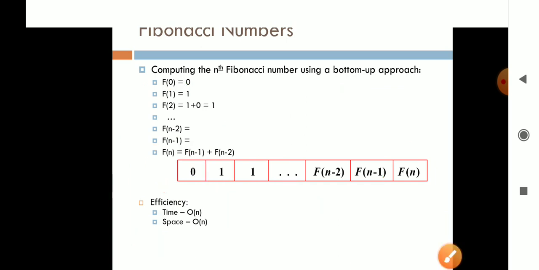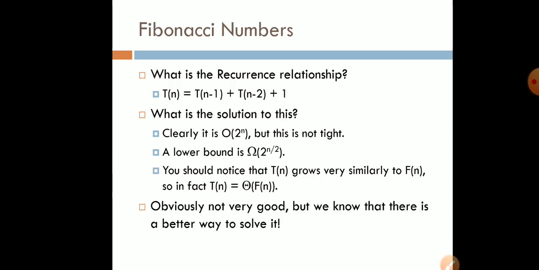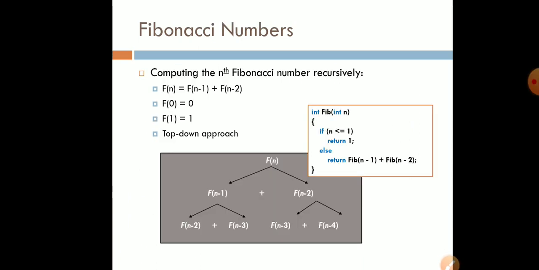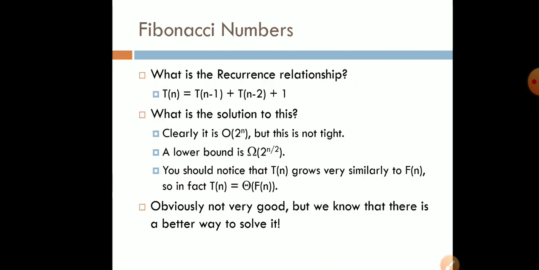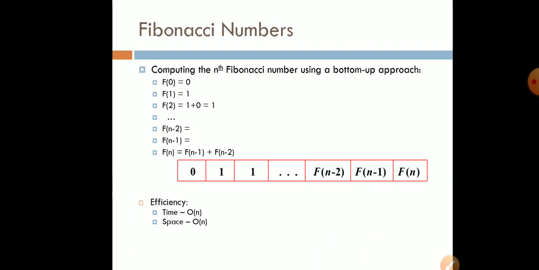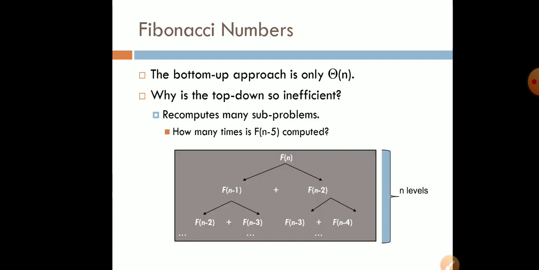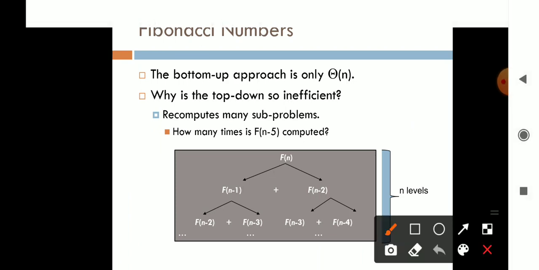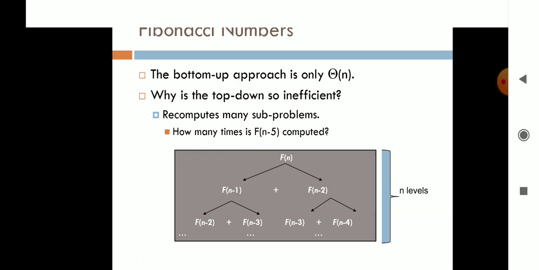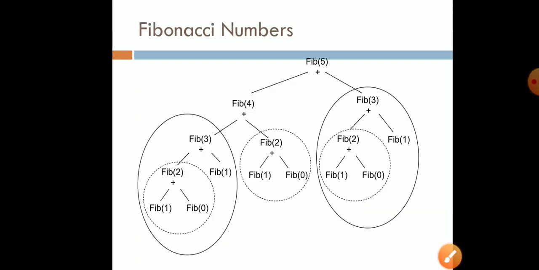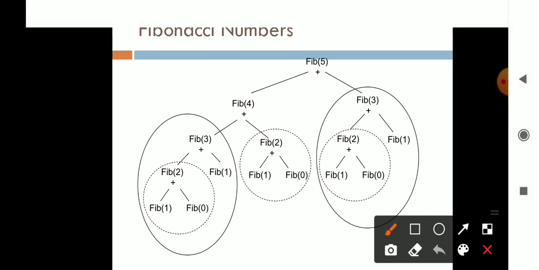So here we are having the Fibonacci series with the bottom up approach. In this we have the top down approach, and here we are using the bottom up approach. Now if we are using the bottom up approach, and suppose we are going to find out the Fibonacci series for 5, right? So here we are going for the Fibonacci series of 5.